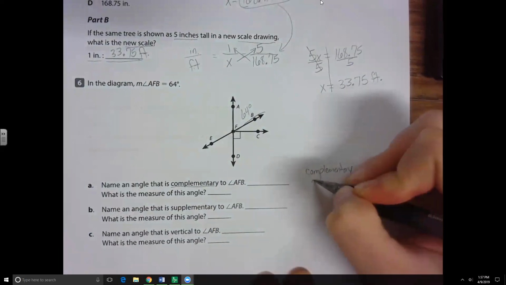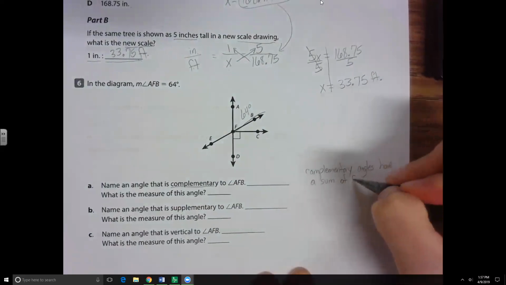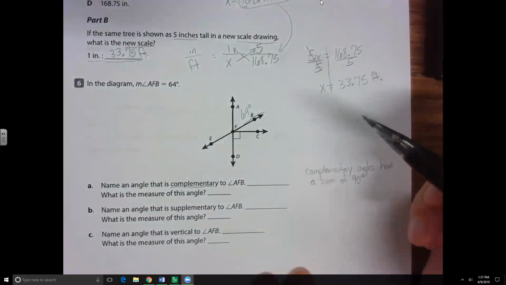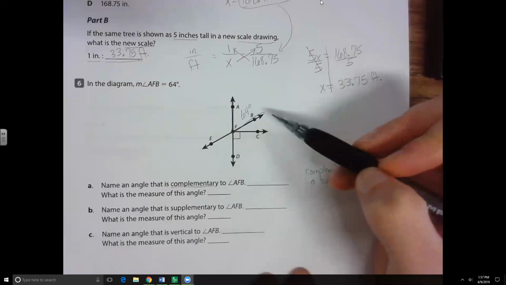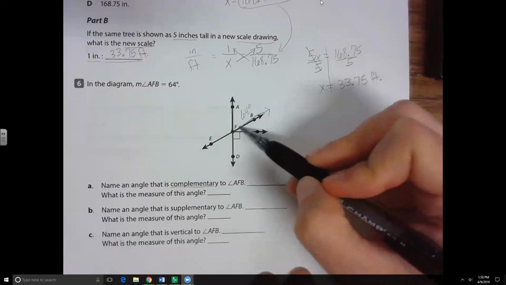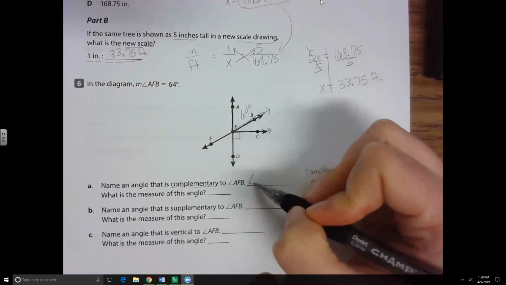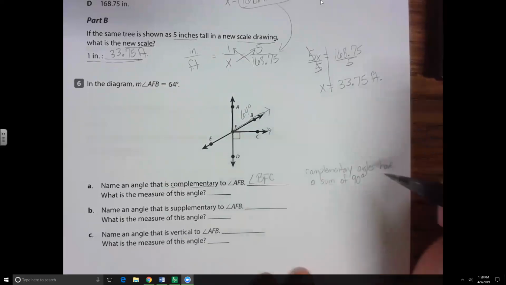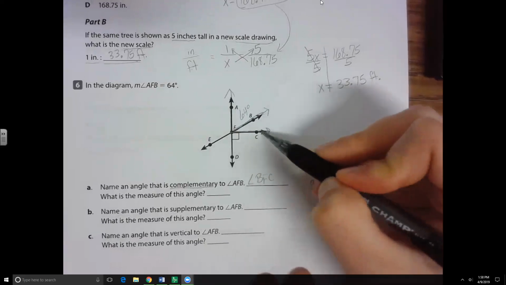Okay, so complementary angles have a sum of 90 degrees. So a 90-degree angle is a right angle. So if I look at angle AFB, I need to put another angle with it to make a right angle. Okay, that would be angle BFC. So angle AFB and angle BFC are complementary angles. They both join together to form this right angle here,